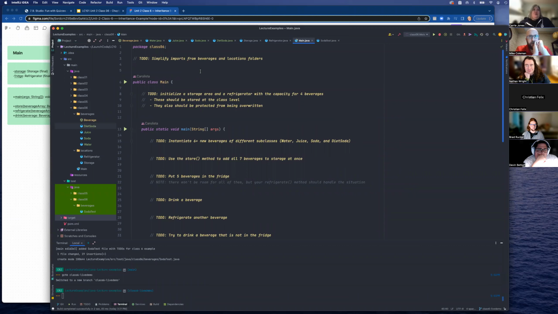So I've got a note here in our main class up here to simplify the imports from the beverages and locations folders. We'll get there in a second because we're going to let it accumulate them as we put things in, and then we'll come up and clean it up. So